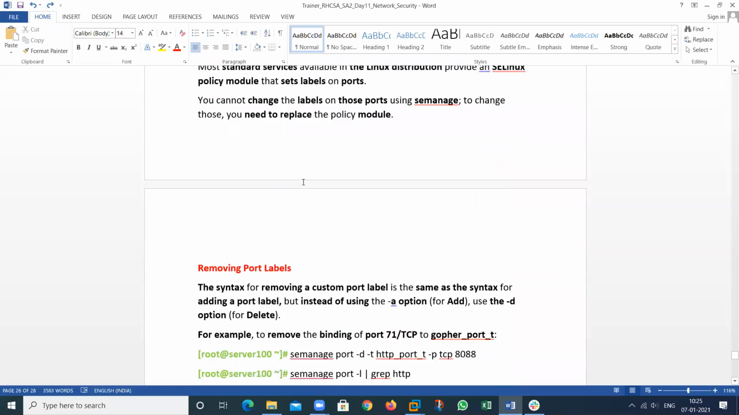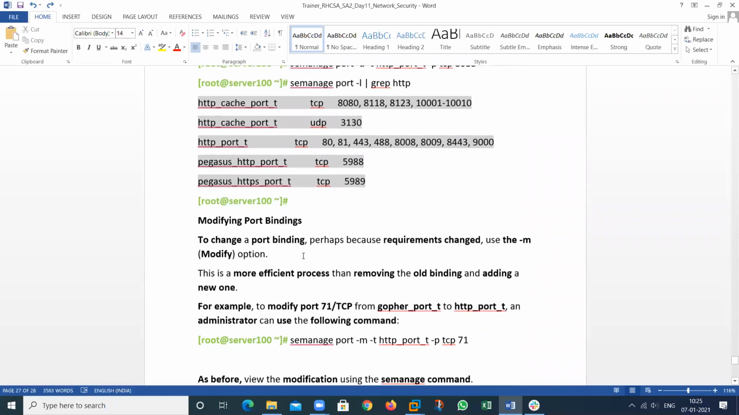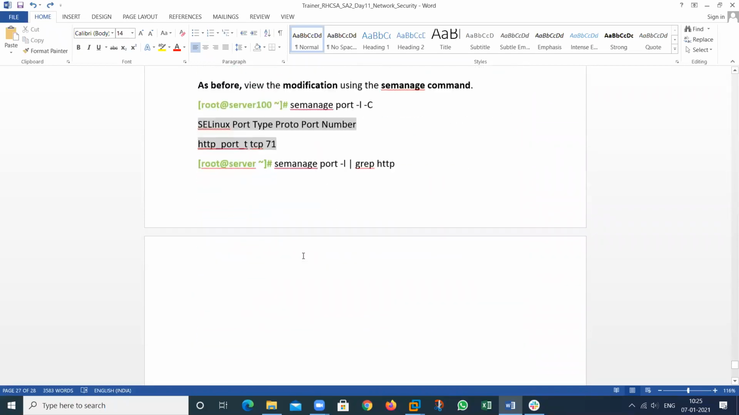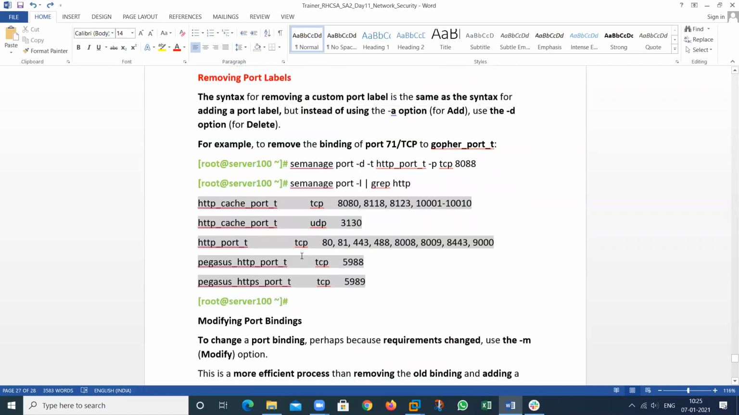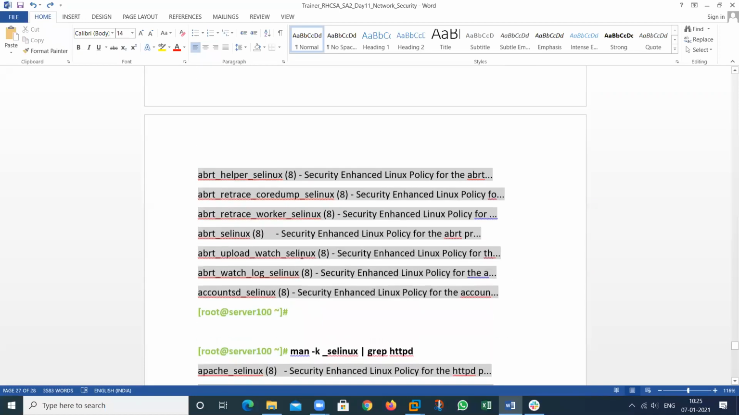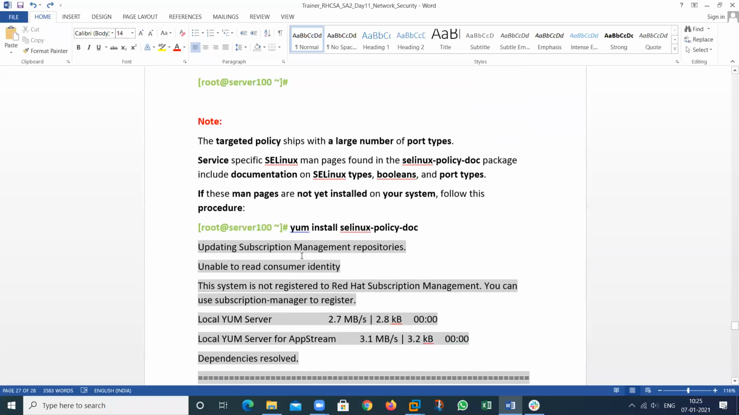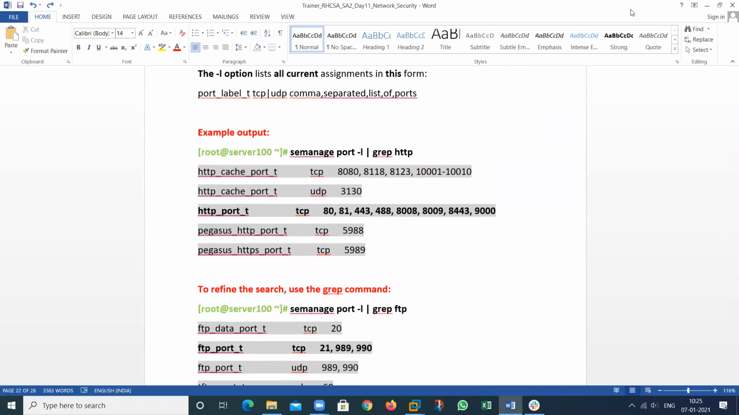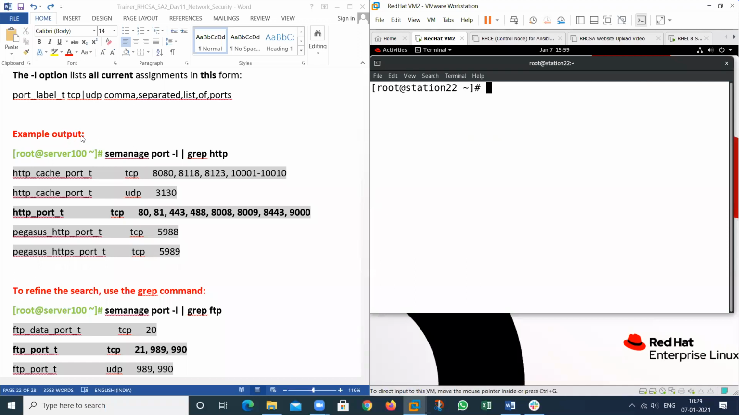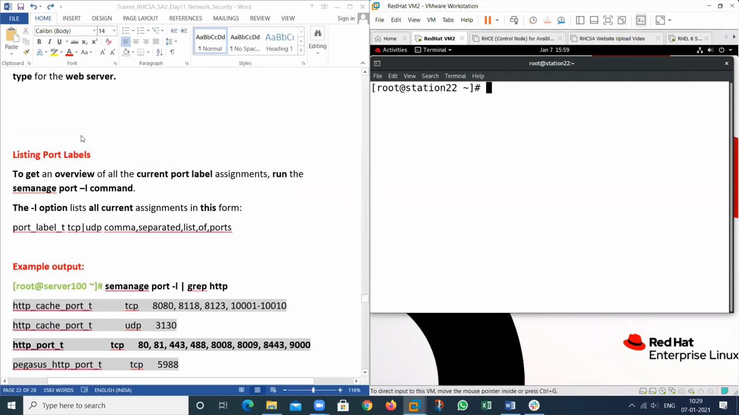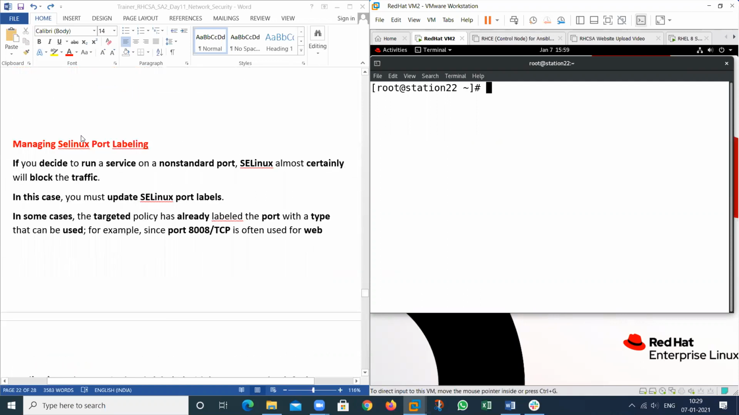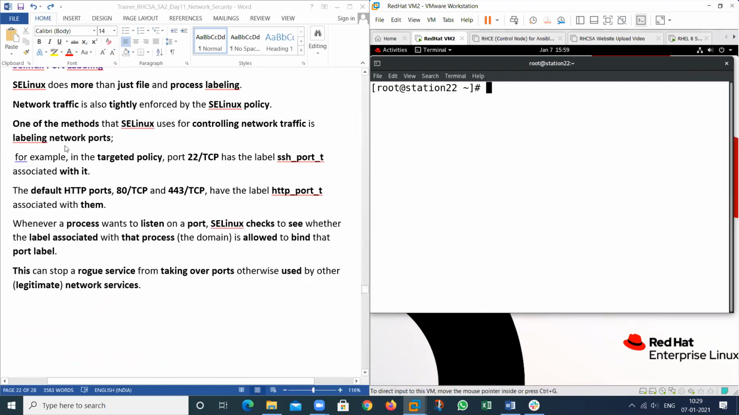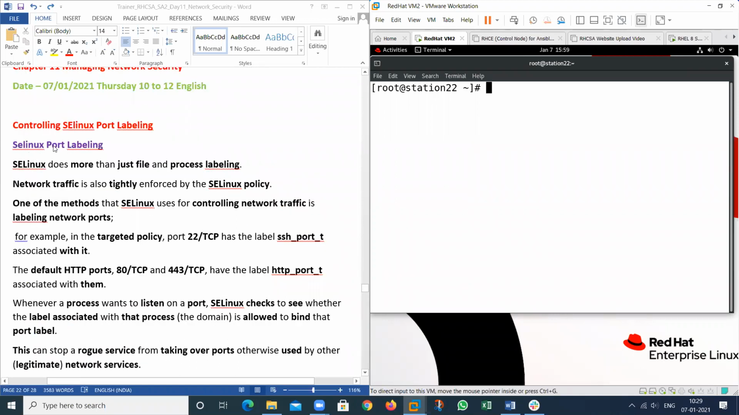And how to remove this one, how to add this one, how to modify, how to bind, that I will show in the practical part. So I will show this one by one. Give me just one minute, then I will show this. Start kar lete hain. So I will show the practical part. The theoretical portion is complete. What is port labeling? So now the practical for port labeling,